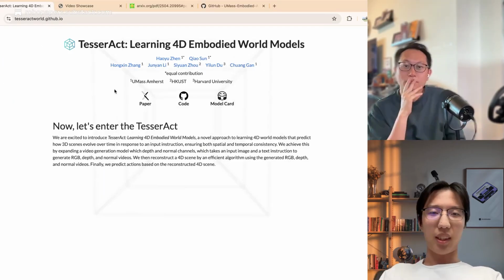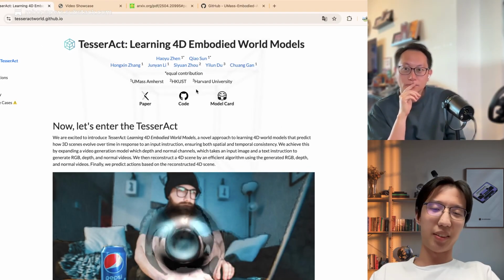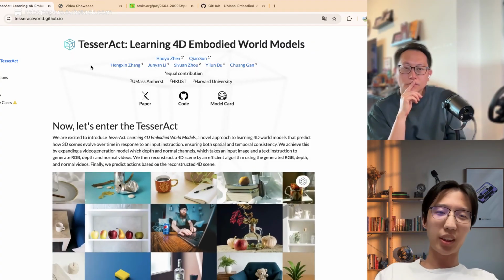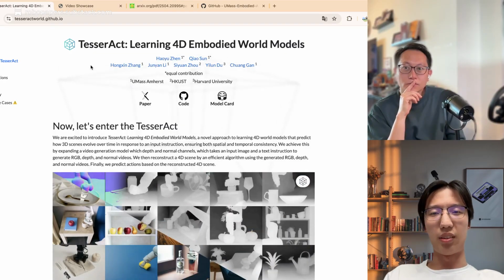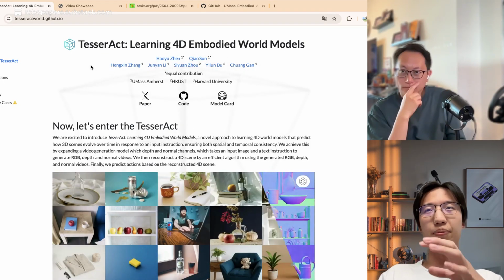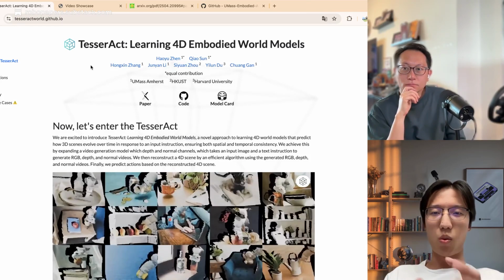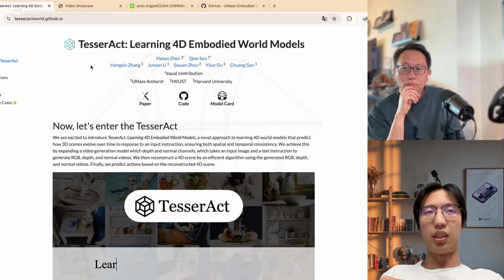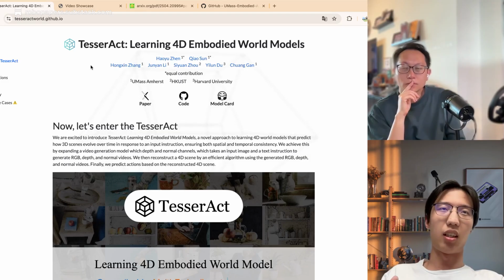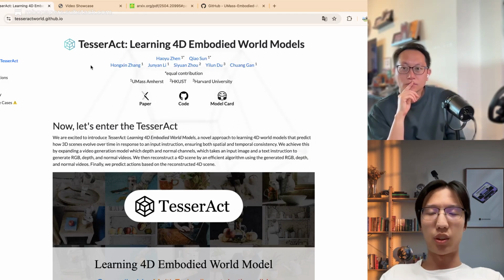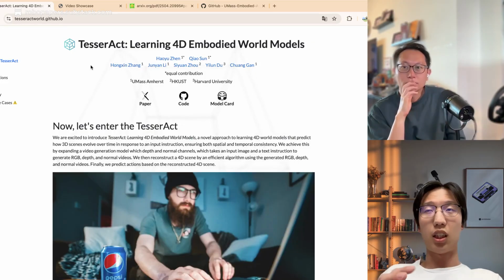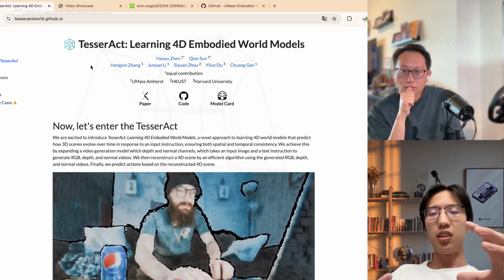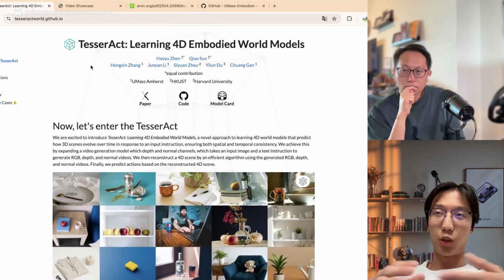Okay, nice. So this is our newly released paper, TesserAct, and it's for embodied world models. So maybe 2 years ago, we were focusing on building embodied foundation models, and we were thinking about what the architecture for the embodied foundation models could be. They can be large language models. Then we designed some 3D LM or 3D VLA to combine large language models with some 3D understanding capabilities. Then the robot can interact with the 3D physical world.